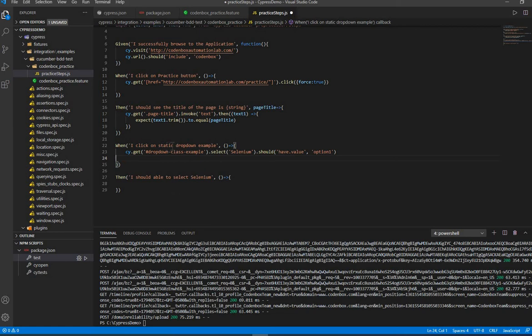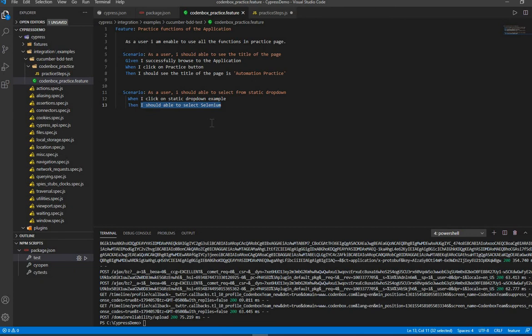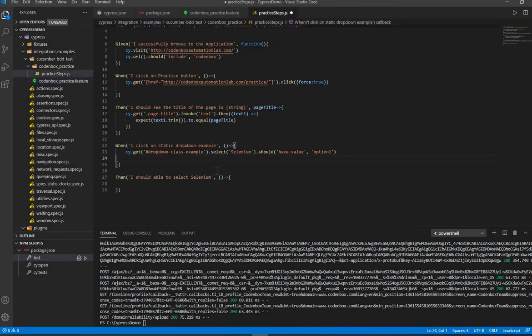Okay, I click on the static drop down example. Then I should be able to select Selenium. This is already, what's about it? I click on static drop down example. Okay, I click on the button. You can see both are the same, and then next one I should be able